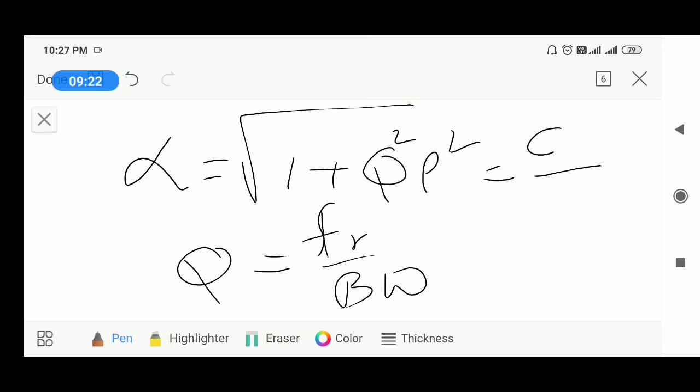In general, the image frequency rejection is a ratio of two gains. One is gain at image frequency, and the other is gain at signal frequency. When you derive all the formula, you will get under root of 1 plus Q square rho square. Q generally is meant for tuned circuit.